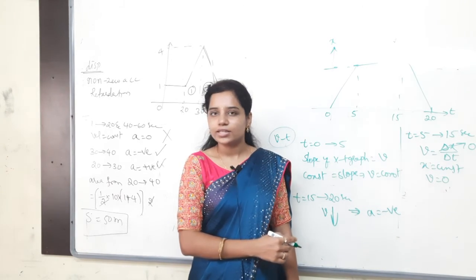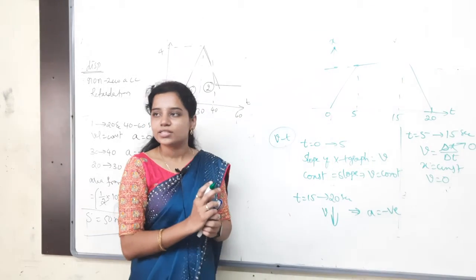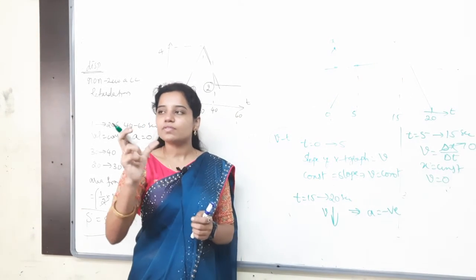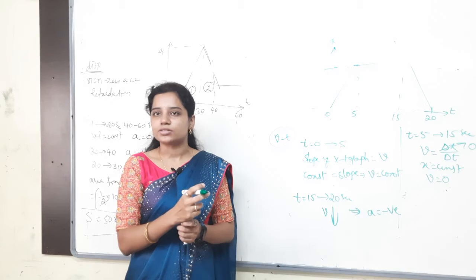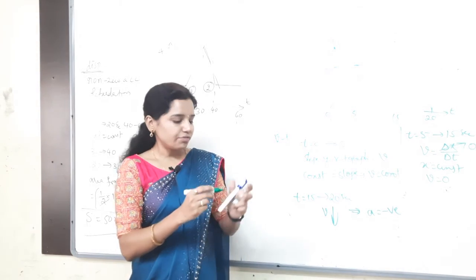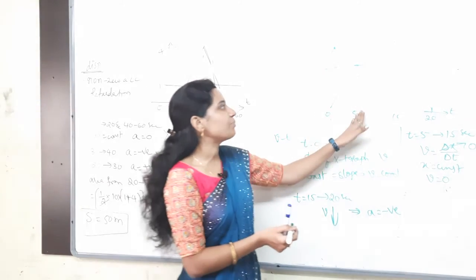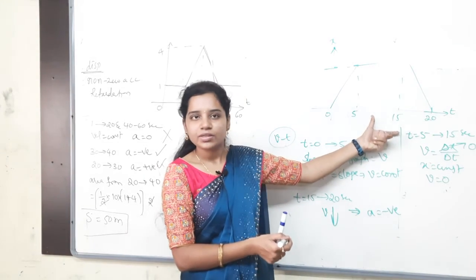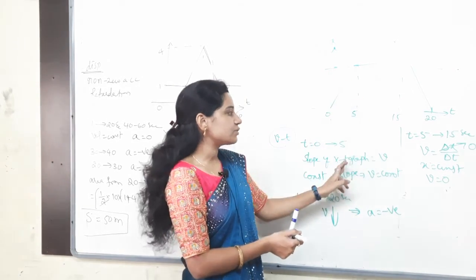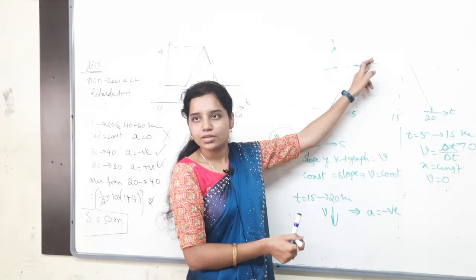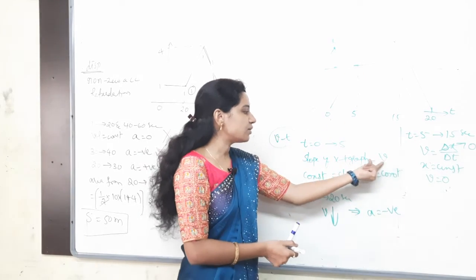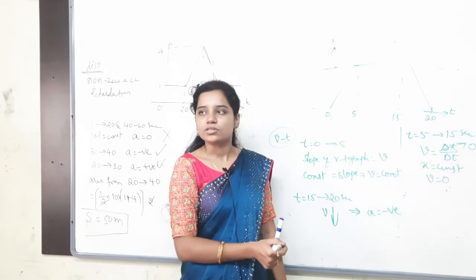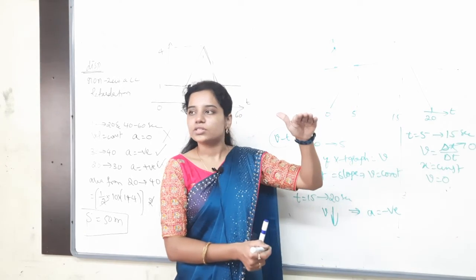You understand clearly? That is how you have to analyze each and every graph. Each and every time interval you have to analyze and then match the answers. Understand that clearly? First is 0 to 5 seconds, what is happening? Displacement is increasing with respect to time. The slope is constant, there is no variable slope. So the slope is constant, indirectly velocity is constant. So you have to get a constant velocity.